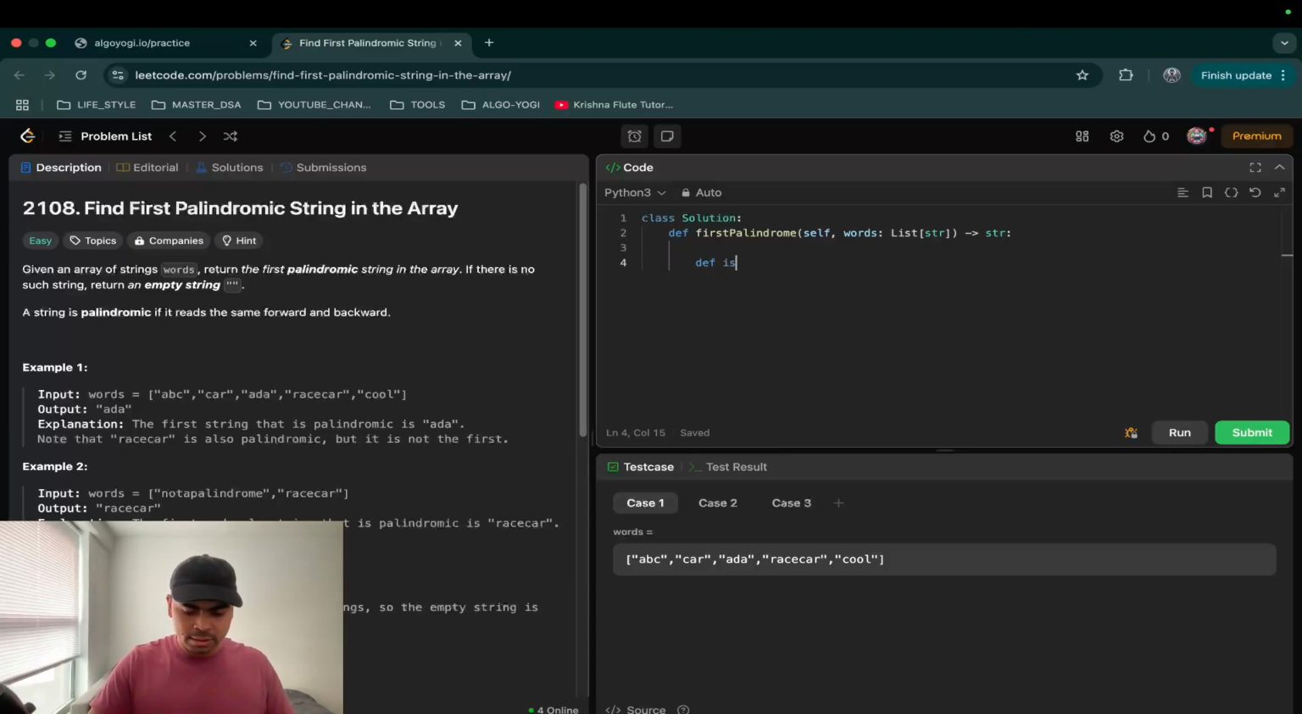Let's write isPalin, actually let's write the entire thing, isPalindrome. That's going to take a string, let's call it s. Now we're going to iterate over it, so let's have some pointers: a start pointer and an end pointer. Start starts as 0 and end is length of s minus 1. And while start is less than end,